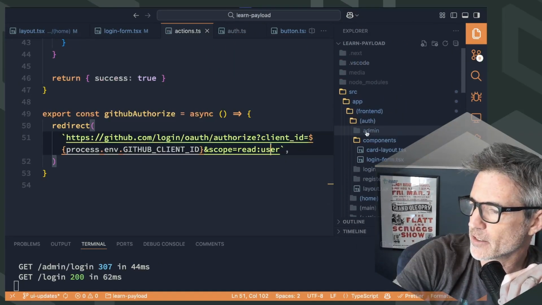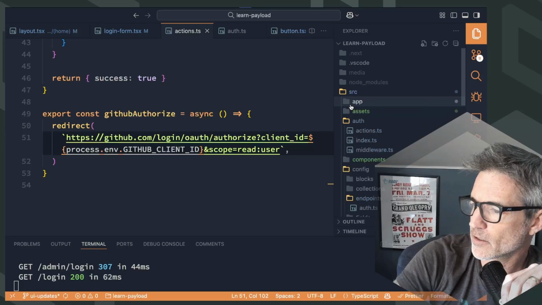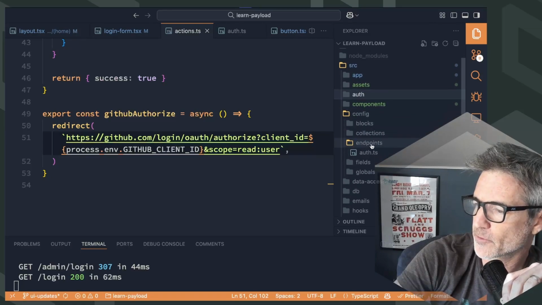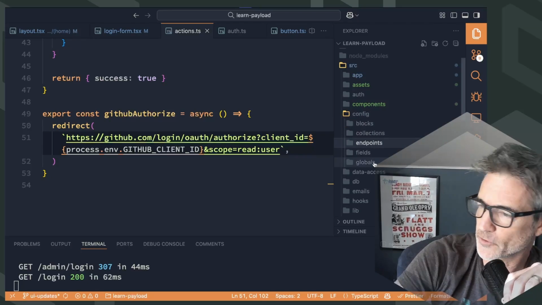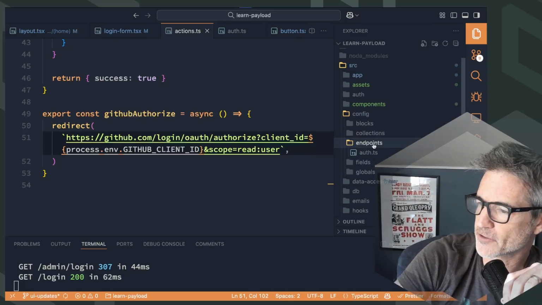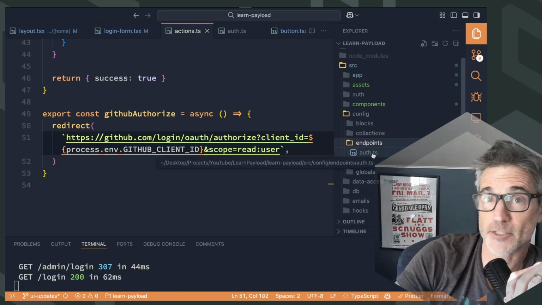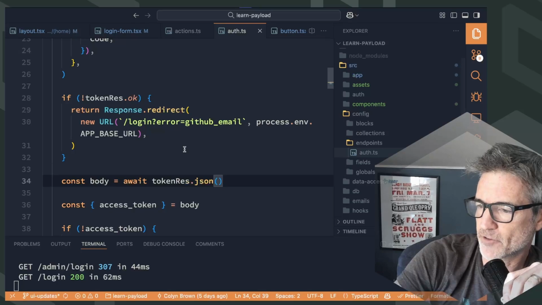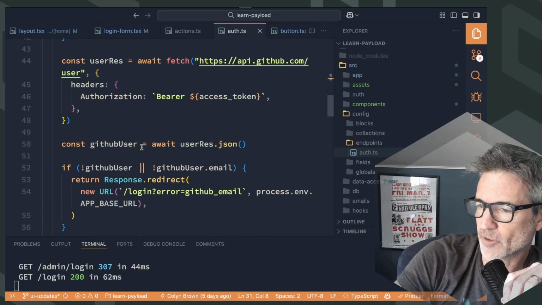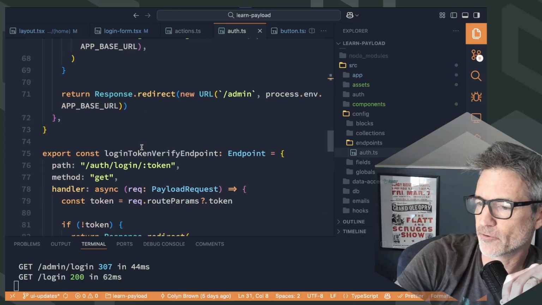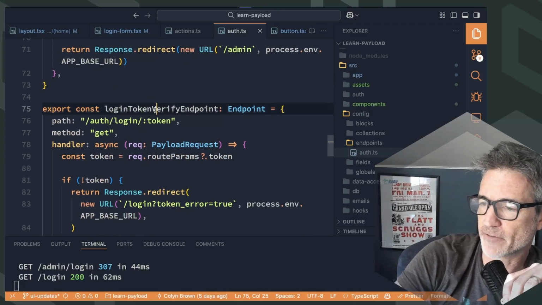I have a config folder here, and I have endpoints. So I have all my blocks, my collections, fields, globals, all of that, including my custom endpoints. And in the previous video, talking about passwordless login, I have some server actions, or some endpoints for that as well. So like the verify login token,